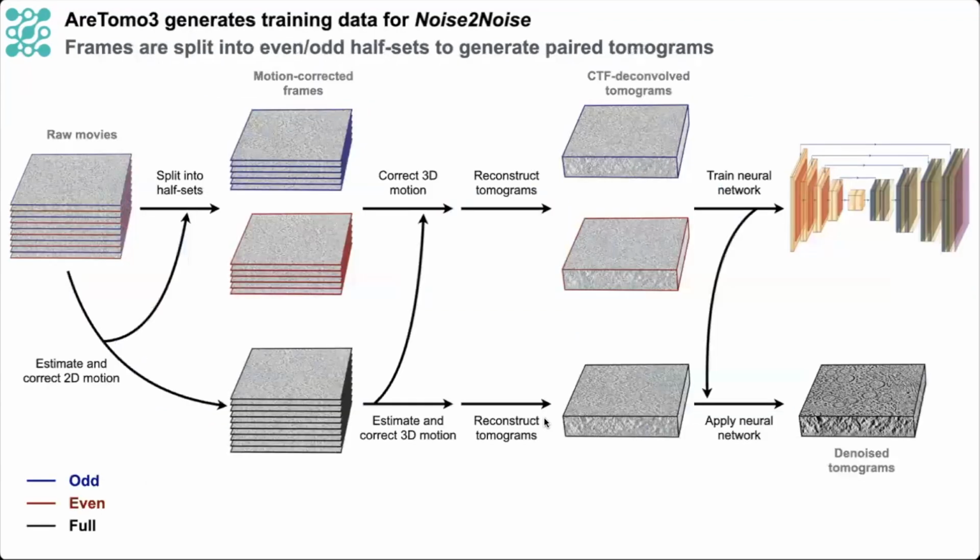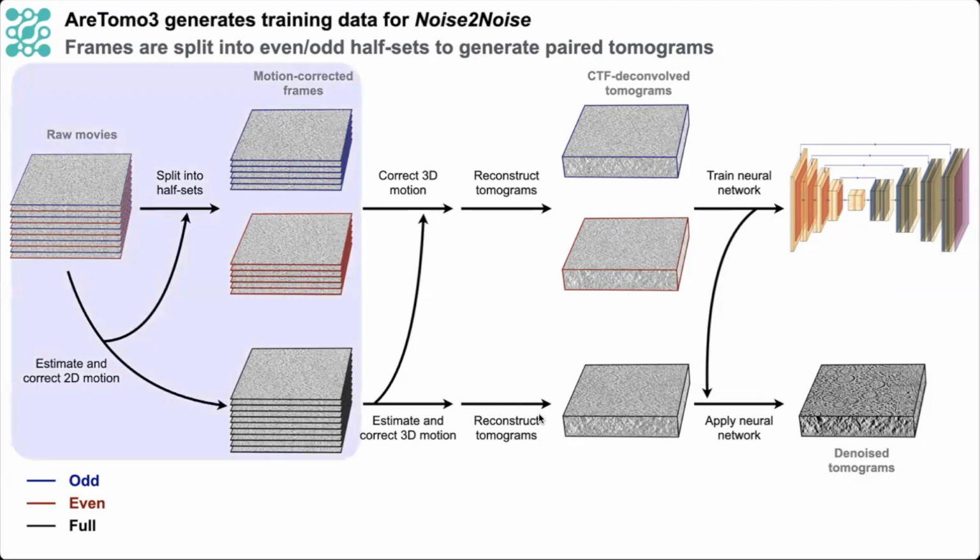Noise-to-noise has previously been implemented for cryo-ET data in software packages such as CryoCare and Topaz Denoise, but we were motivated to re-implement this algorithm, first to streamline its integration with Artoma 3, including during live data collection, and second to explore ways to improve its effectiveness, and in particular to retain more intermediate resolution features that denoising tends to suppress. For integration purposes, we've tasked Artoma 3 with generating the paired noisy measurements, in our case paired tomograms, that are required to train the neural network.